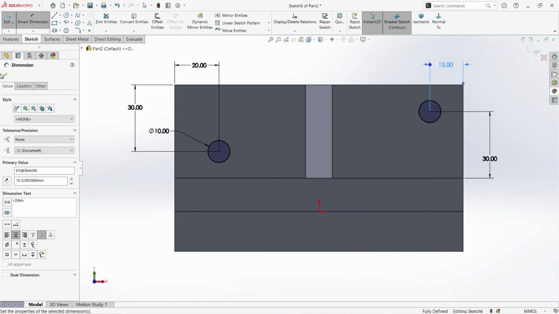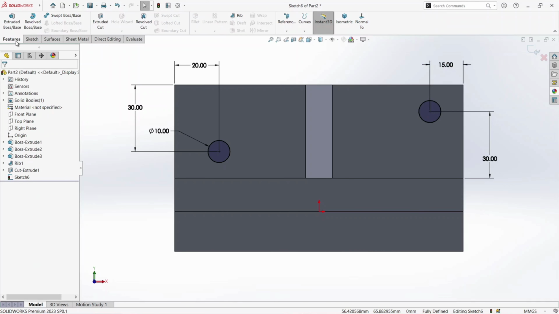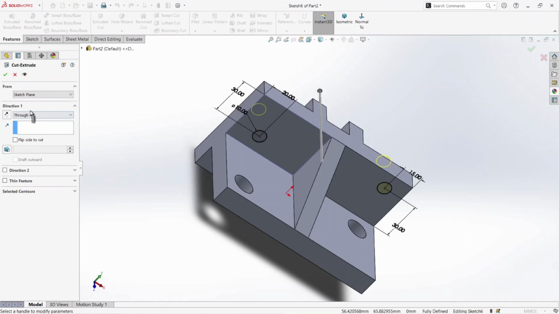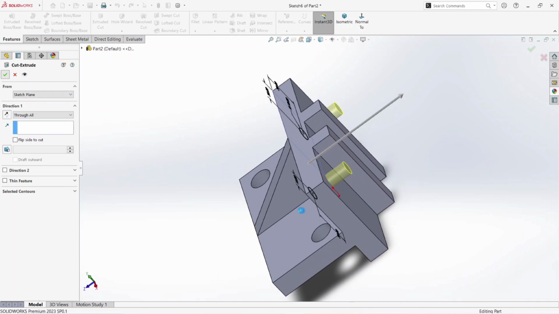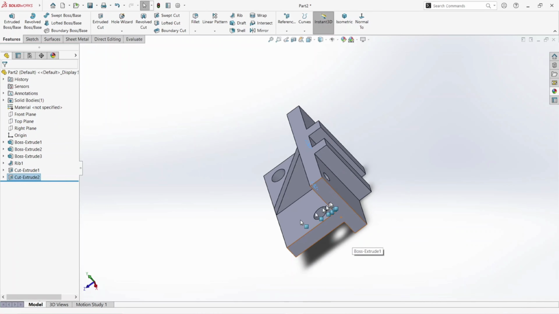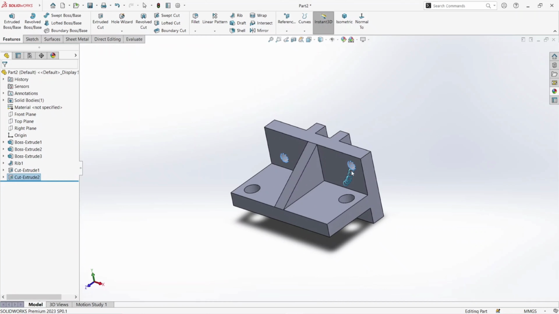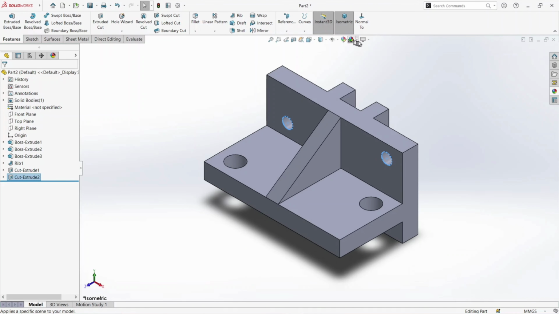Okay, and now go again to Feature and Extrude Cut, cut through all. Okay, see, our drawing is ready, and you can see it is plain white, so